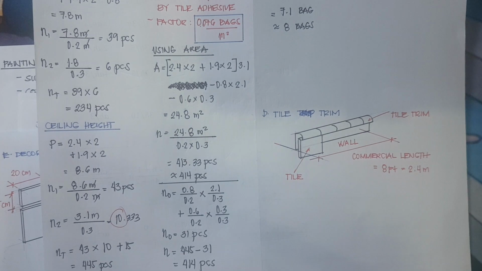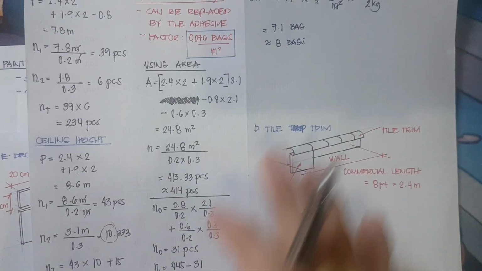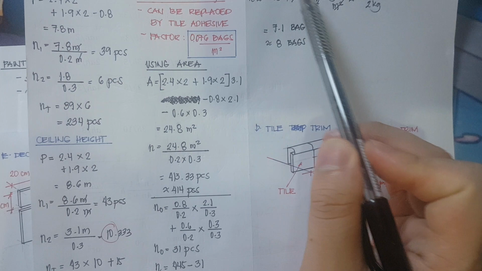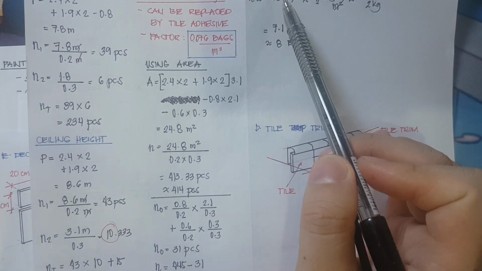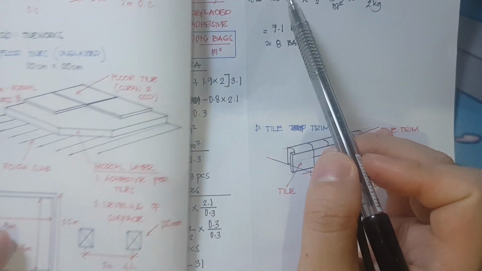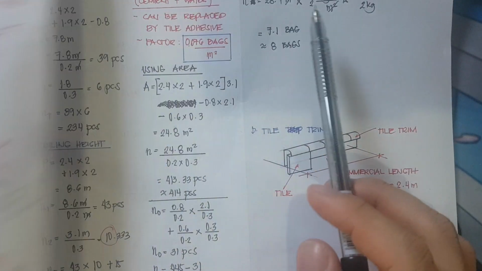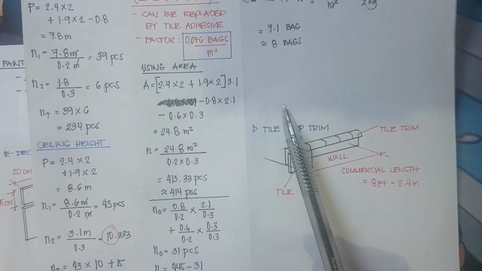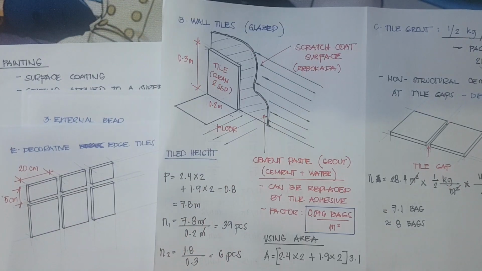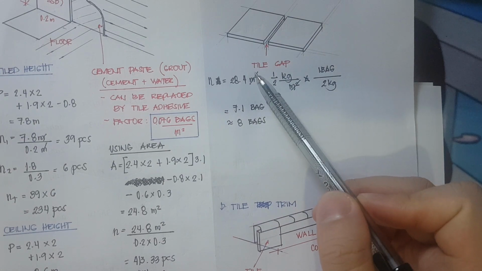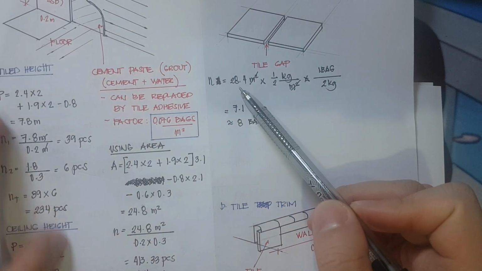Okay? So, from our previous computation, ang i-compute lang natin, by the way, na tile grout is for the wall tiles lang. Na-solve ko na kasi siya prior. So, disclaimer, ang sinusolve lang natin this time is wall tiles. But in reality, it should be the floor tiles plus your wall tiles. Okay? For computation sake, ang na-compute ko lang is for the wall tiles, which is